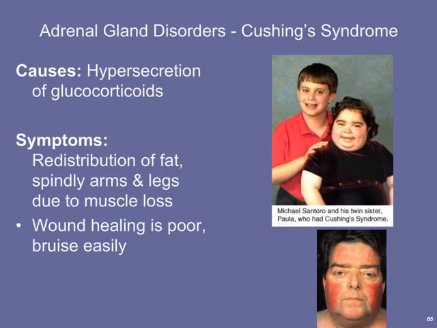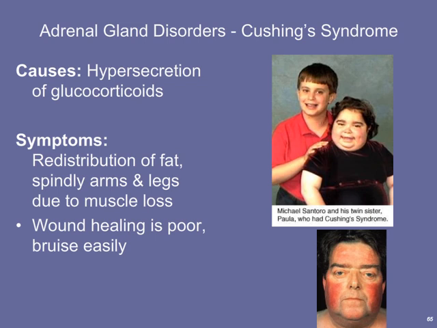As with the thyroid gland and pituitary gland, it's possible to have endocrine disorders that affect the adrenal glands. Cushing's syndrome is an adrenal disorder that causes a hypersecretion of glucocorticoids, principally cortisol. This results in a redistribution of fat throughout the body. Basically, you get somebody that has this large moon face and possibly a fatty hump on the back. The skin doesn't heal very quickly, and it also bruises easily because remember, cortisol tends to reduce swelling but also